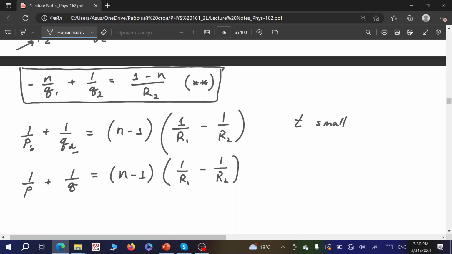Q is the distance from the image created by the lens to the center of the lens. And here we have the refractive index: unity because it's air, so n is the refractive index of the material of the lens. It can be glass, it can be quartz, it can be even